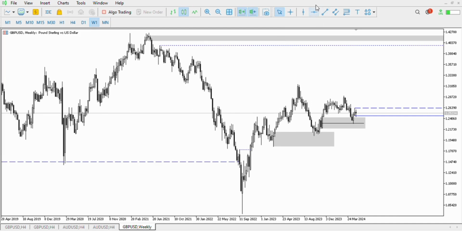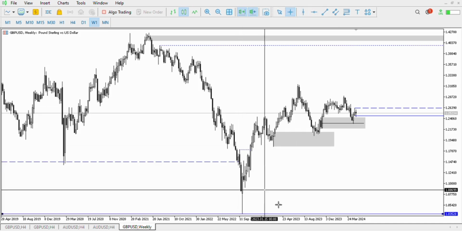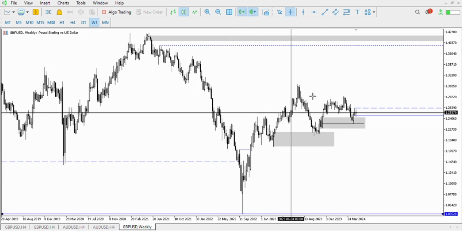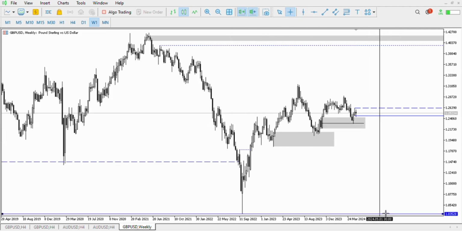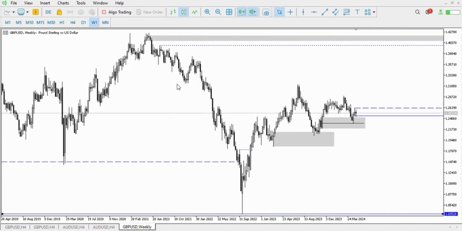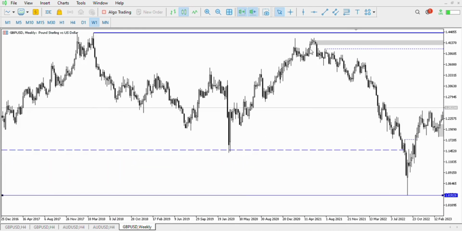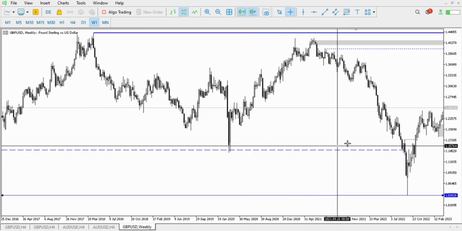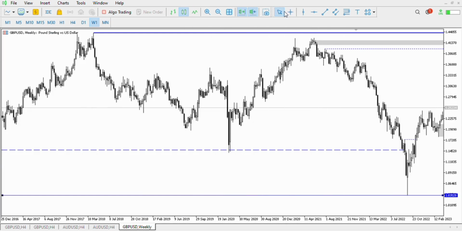This is our valid low right here. What makes this low valid is the fact that price has taken out the inducement, so this low is automatically valid, and we're waiting for price to trade all the way down to break this low for it to have a continuation as a downtrend. So currently on the market structure, this is our low right here, then this right here was where price broke structure, then this is our current high right here. Now that being said,